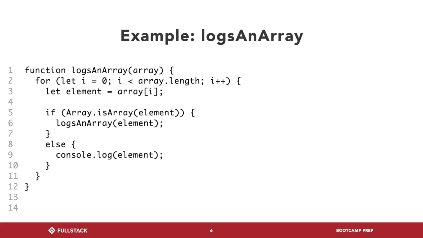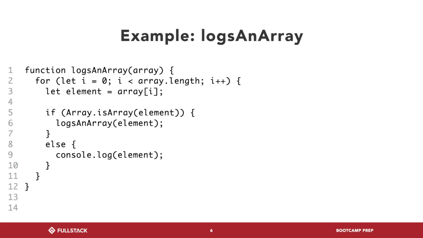Logs in array, right? If we look at this function, what is it doing at the end of the day? Well, there's only one thing in this logsInArray function. It takes an array, it iterates through that array. Let's skip this part for now, but assuming every element in it is not an array, all we're doing is console logging out the element. And really, that's what we want this function to be doing. We want to have a function that solves a very, very small micro problem. In this case, the micro problem is: if you give me an array, I will print out for you everything in that array, as long as it's not another array.